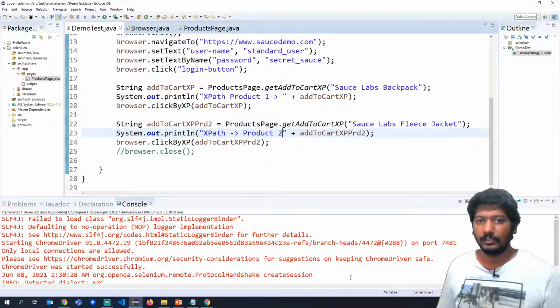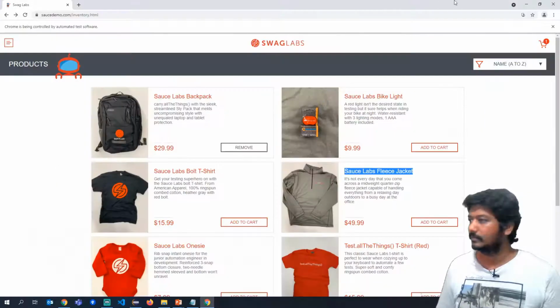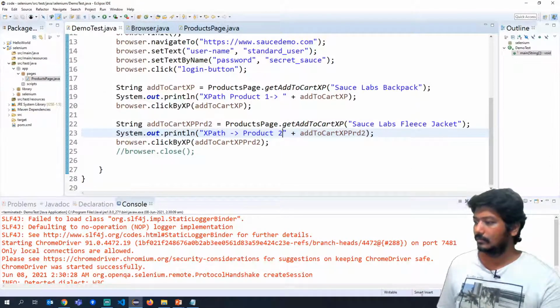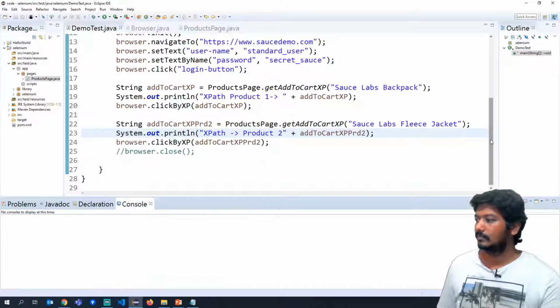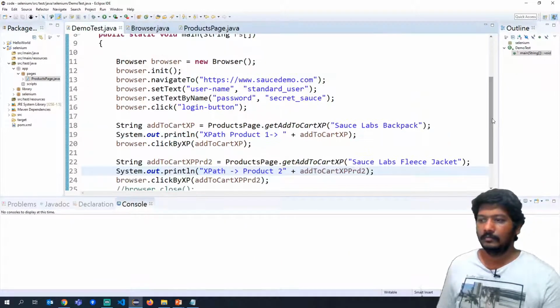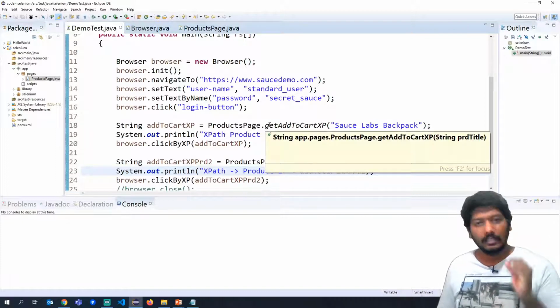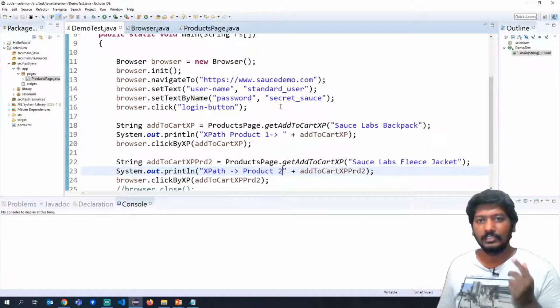Okay, let us now execute again. So before executing, I will close the browser. Okay, we will execute again. Now this time it has to click on add to cart of two different items. One is Sauce Labs backpack and the other is Sauce Labs fleece jacket. Right click and then execute.